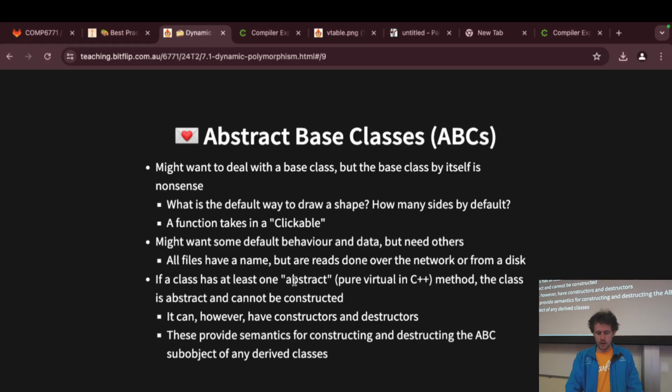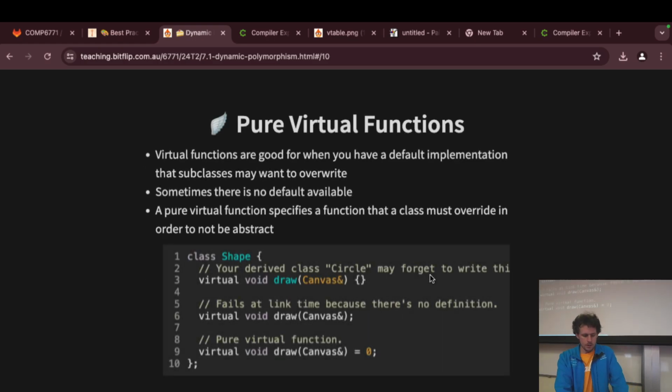If a class has at least one abstract pure virtual in C++ method, the class is abstract, it cannot be constructed. So basically, what that's saying here, I think abstract and virtual, okay, this is what we're looking for. There's a lot of words being thrown around here, and I'm just trying to quickly resolve them. So